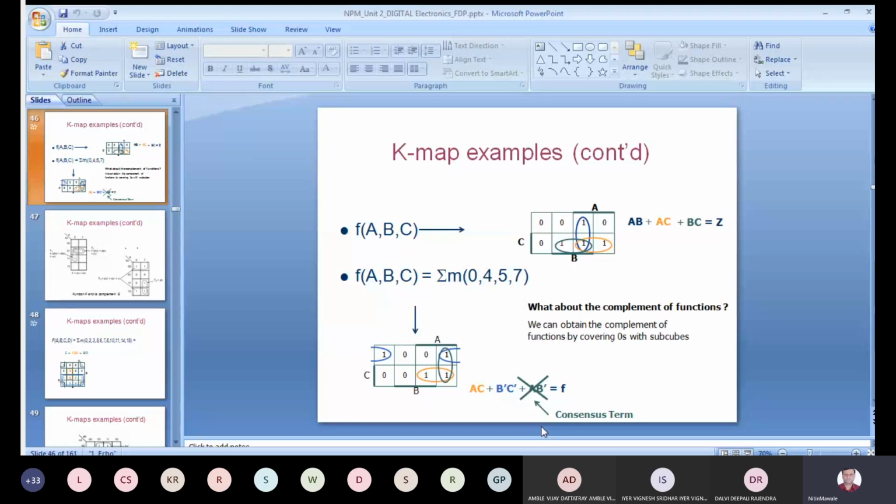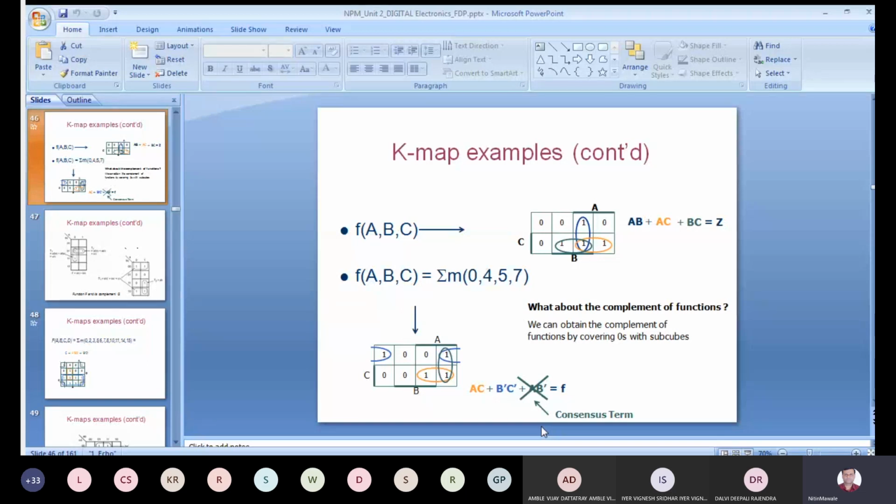So first of all, draw the three variable K-map. Note down the cell numbers correctly, and you should always keep in mind that the binary number system is not there in K-map. Gray code is there. That's why the sequence is 00, 01, 11, 10. It is not 10, 11. In binary you will get 00, 01, 10, 11, but here you are getting 00, 01, 11, 10. That's why the cell numbers will be 0, 1, 3, 2, 6, 7 and then 4, 5.